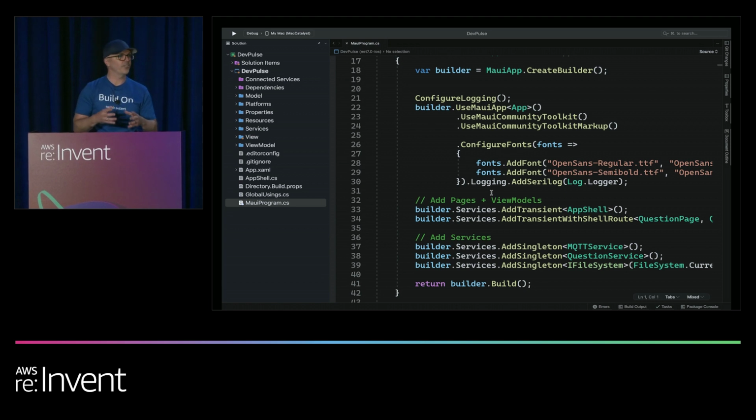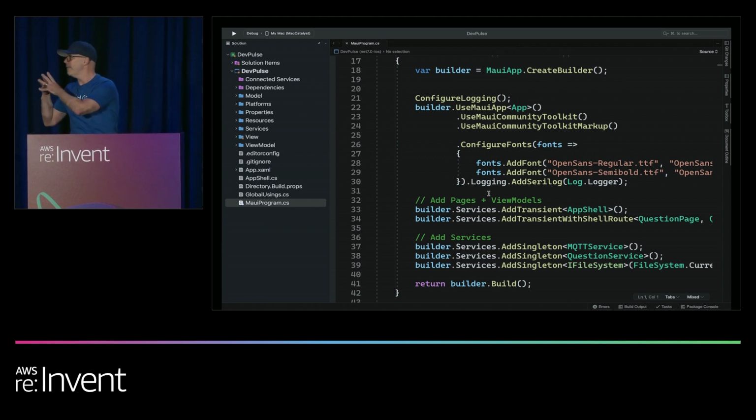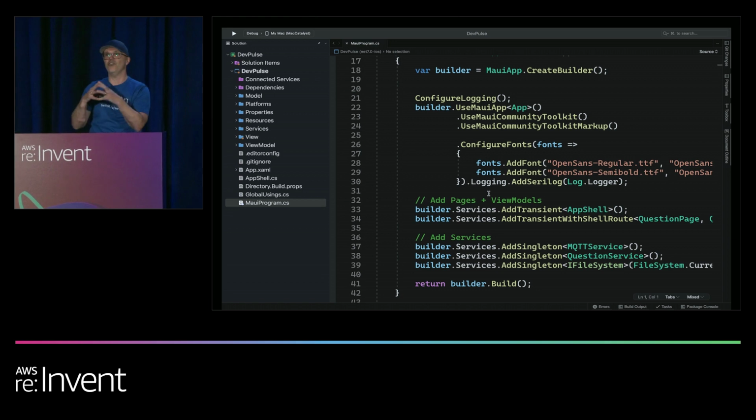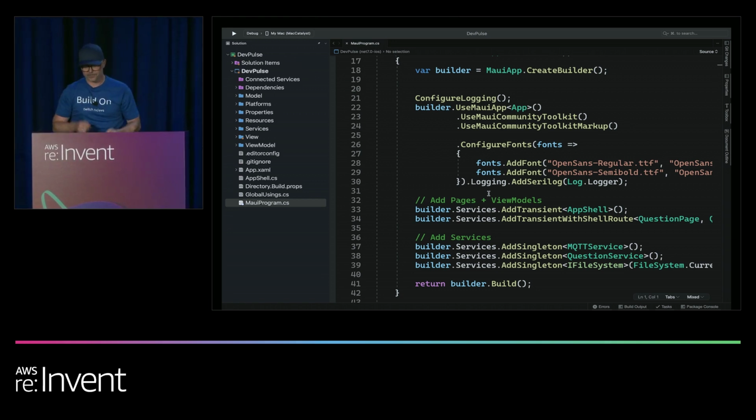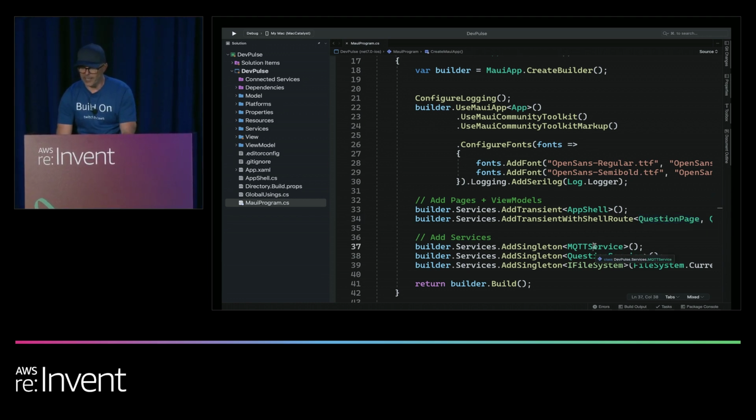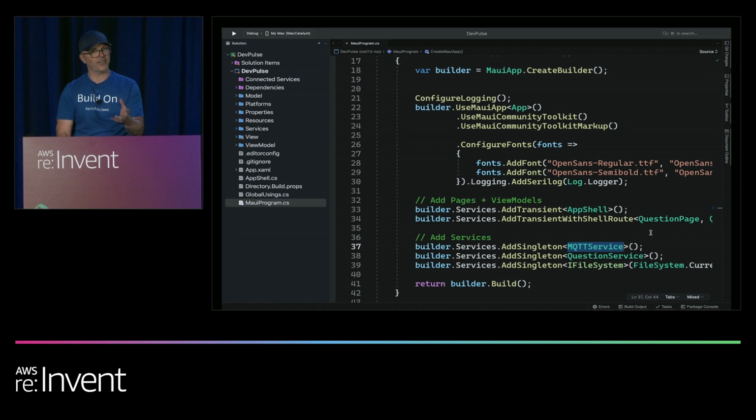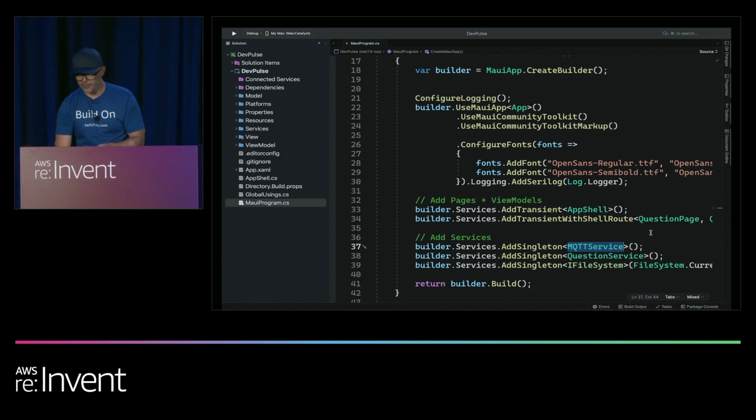So this is the entry point to a MAUI program. If you've used .NET before, you'll see that it uses the beautiful inversion of control, where you can inject the objects that you need, and then you can use those types in any constructor. And so I'm adding the pages. We've got one page here, which is the question page. And we've also defined a service called MQTT service, which I'll go into quite a bit of depth on,